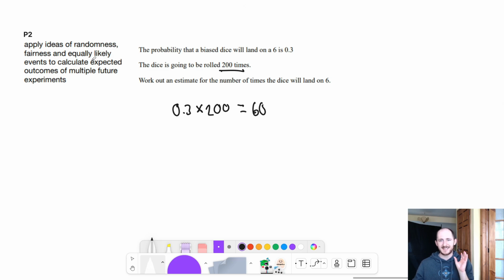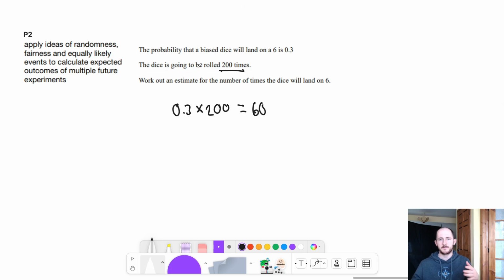So again, this is expected, it's not guaranteed. Okay? So randomness and fairness. When something's random, it means that you can't determine the outcome. Fairness means that all outcomes are equally likely. So when I flip a coin, it's equally likely I get heads and tails, hence it's fair. When I roll a normal, unbiased dice, it's equally likely for me to get a 1, 2, 3,